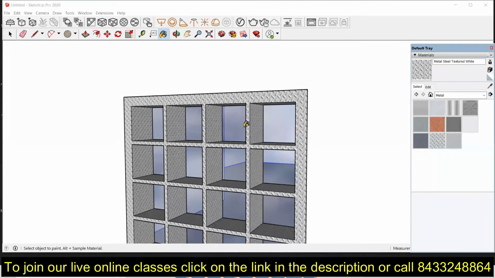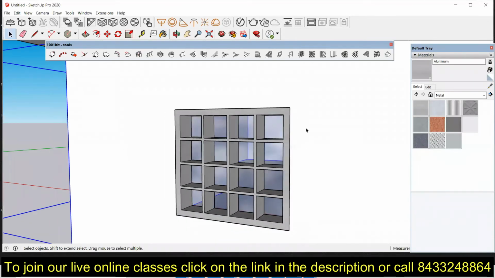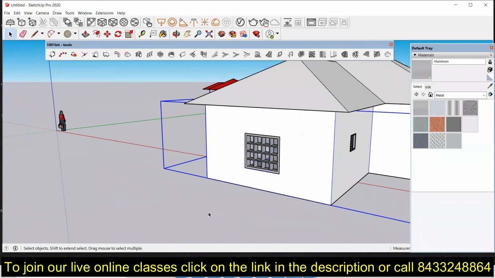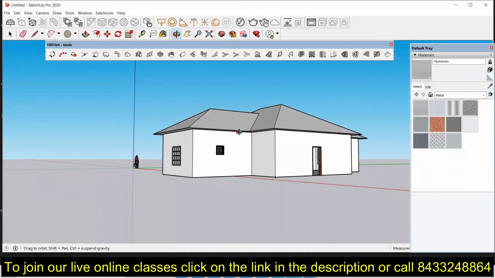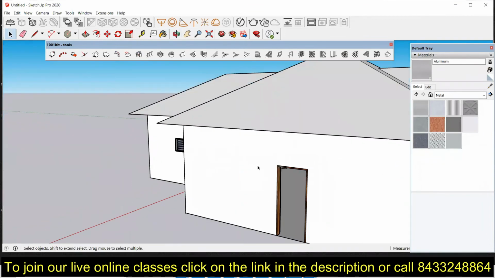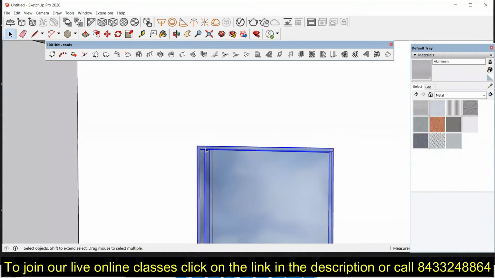However, if you are looking for the practical application, then such kind of material cannot be provided over here. So let's provide this metallic texture. And now everything is ready except we are willing to import a door over here. So we can simply import that door from any of your previous model, and